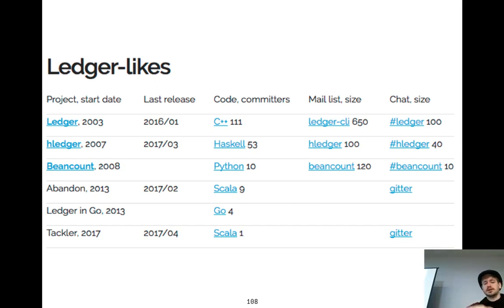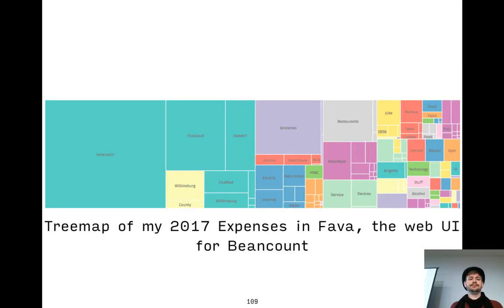Beancount is also worth noting. It's very popular. Unfortunately, its format diverges significantly from ledger format. Each transaction still looks the same, but there are other things that are required, such as you must declare all of your accounts. You have to use certain syntax for certain things, where Ledger is not as militant about syntax in some areas. Beancount also has the best UI support. The Python community has really kind of rallied around it to build